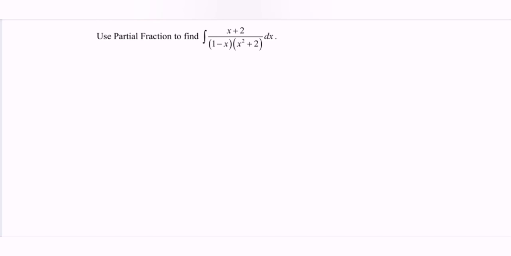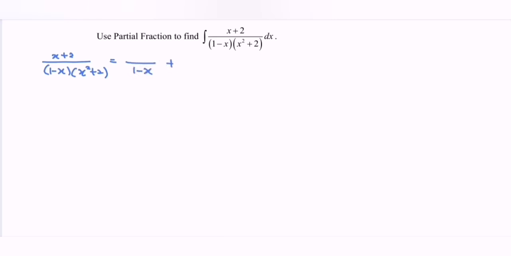Hello everyone, in this video I'm going to discuss the example for integration by partial fractions. Kindly refer to the question: use partial fractions to find the integral. We have (x + 2) over (1 - x)(x^2 + 2). In the denominator, we have the factor 1 - x, which is the linear factor,